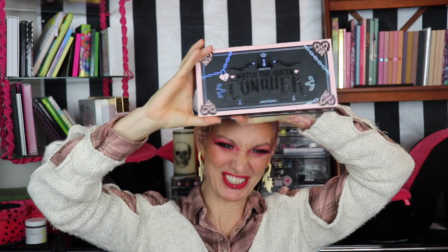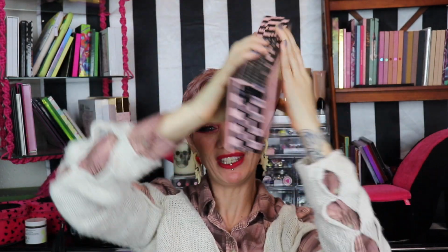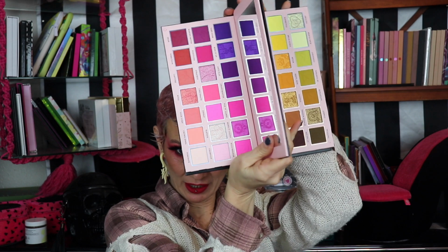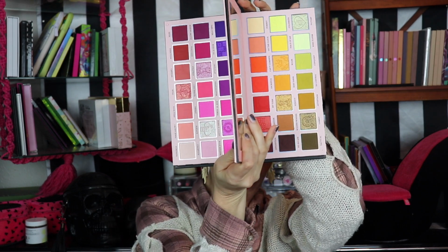I'm gonna be popping this palette's cherry. I'm gonna fuck the shit out of this thing. Oh my god, I'm gonna fuck this thing up. Look. And then, I mean, you guys have already seen it. It looks like this. What we really want to know is, what does it look like this, right? Because, you know, I don't like to be fucking...